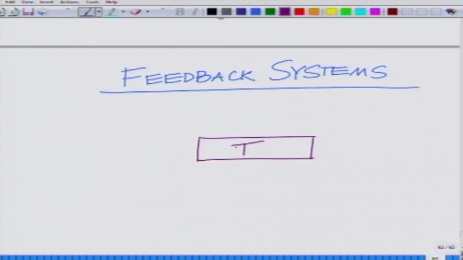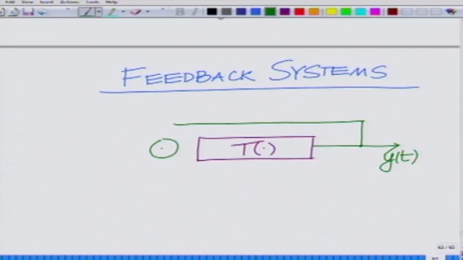So I have a system T and I have an input x(t). Okay, so what I am going to do, I have the output y of t. So what I am going to do is I take the output y of t, either directly or after suitably modifying it,